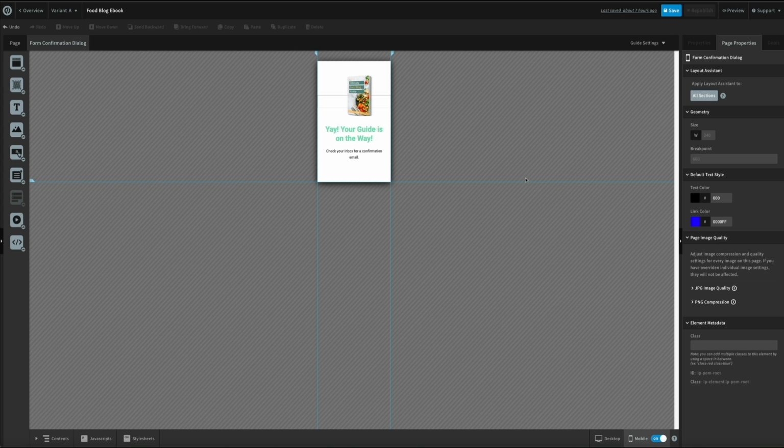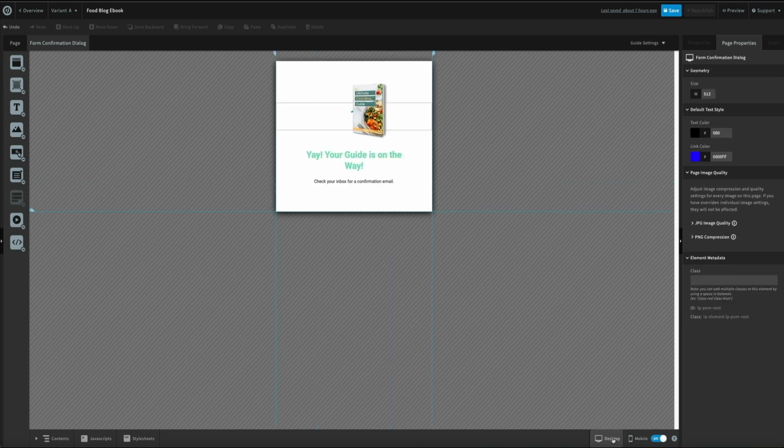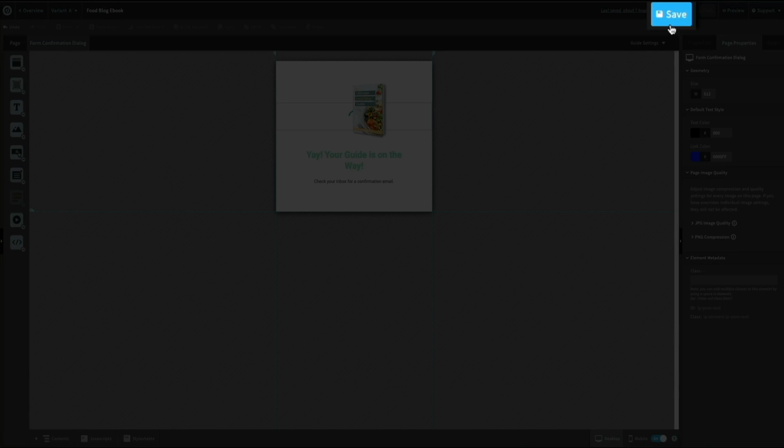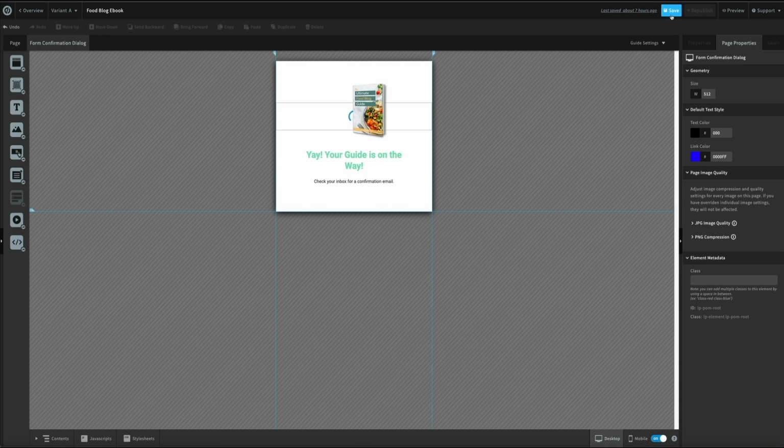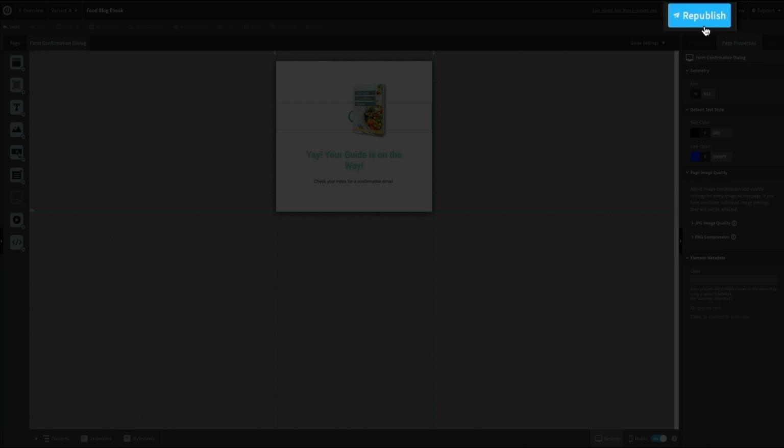And it does. All right, so now that we've made some updates to an already published page, anytime you do that, I recommend saving those changes by clicking the Save button. Then you'll need to republish the page so that those changes are pushed to your live page. So this time, click the Republish button in the upper right corner of the builder,